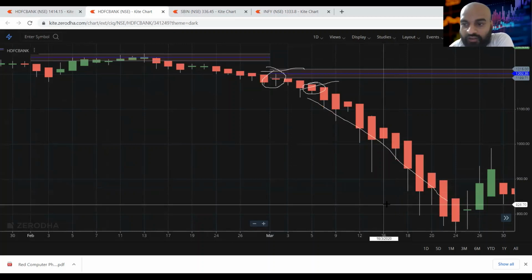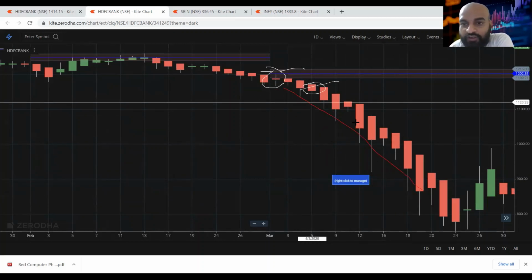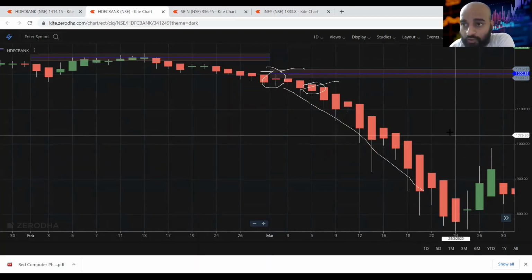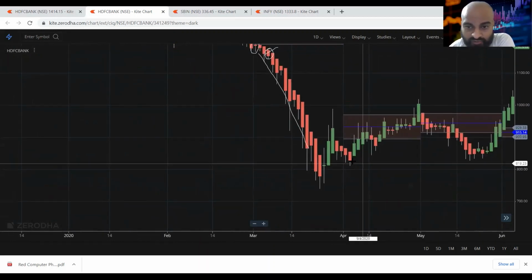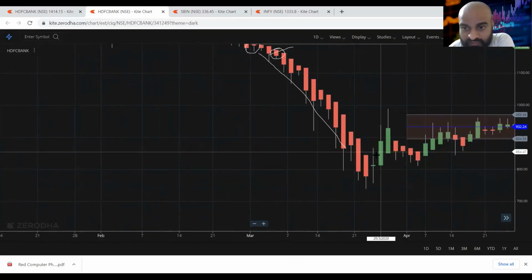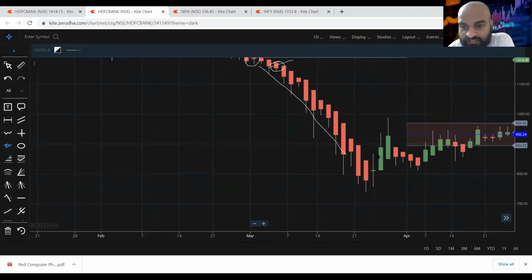As per your risk reward ratio, you can exit, or whenever there is a doji candle. As I said, whenever there is a doji candle, there is a possibility of trend reversal. So you can definitely exit somewhere here. Or if you are looking at a 1:2 or 1:3 risk reward ratio, you can exit anywhere.